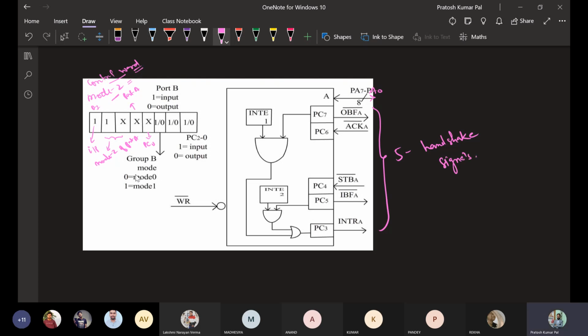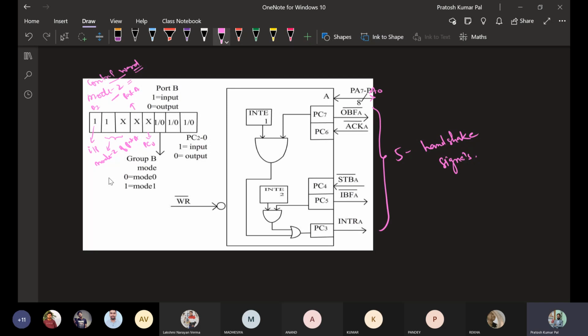Initially, when we saw mode 1, either port A or port B required handshake signals, and there were only 3 handshake signals. But in case of port A working in mode 2, that is bidirectional input output mode, 5 handshake signals are required, and these 5 handshake signals use PC3 to PC7.